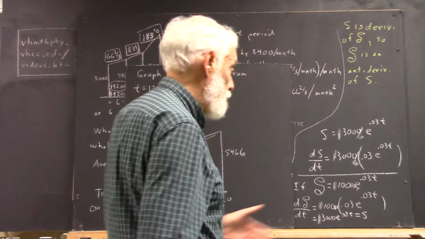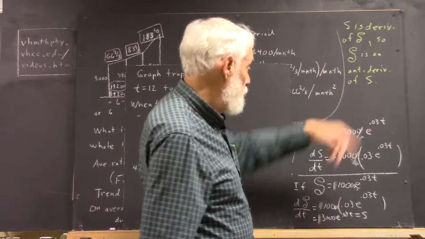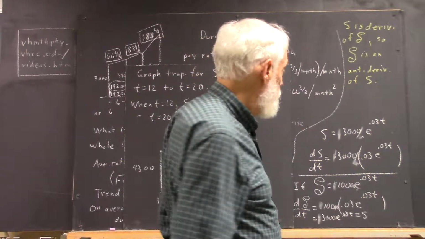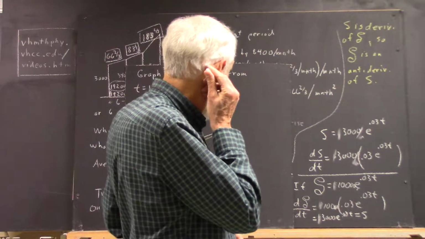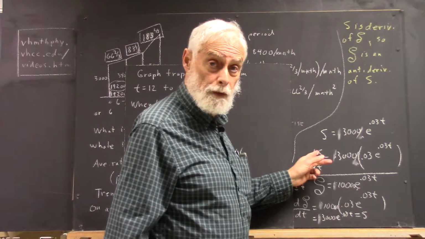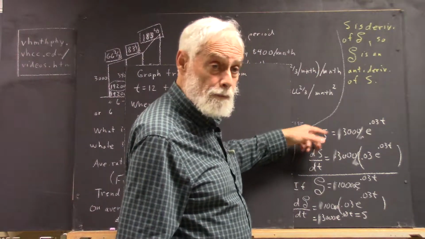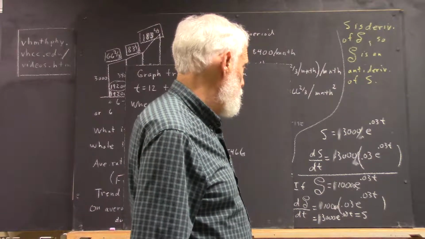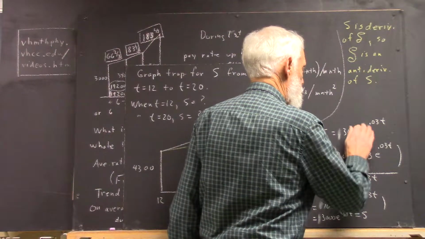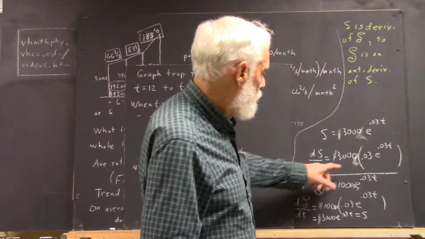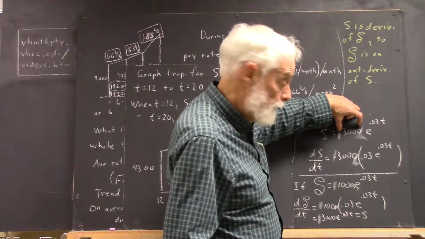If our salary function is $3,000 times e to the 0.03t, then we can do quite a bit with this. Okay, so let's see what we can do. In the first place, we can take the derivative of our salary function. So we can do ds dt, where s again is a salary function as we have here, and we see easily